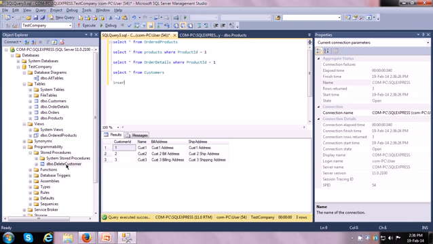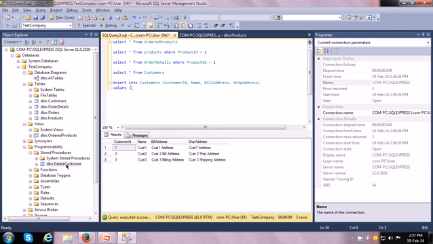The SQL statement for inserting is insert into customers, and then we can give the column names: customer ID, name, bill address, ship address, and then we have to specify the values.